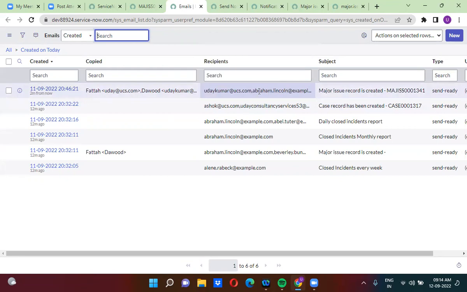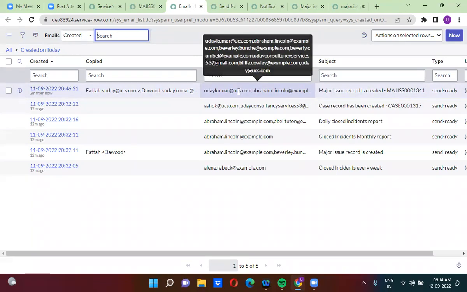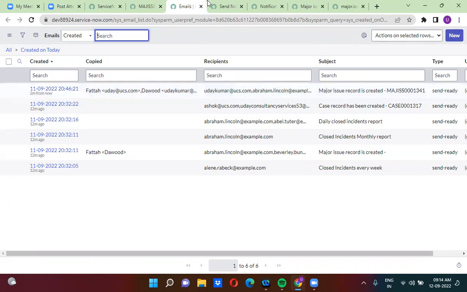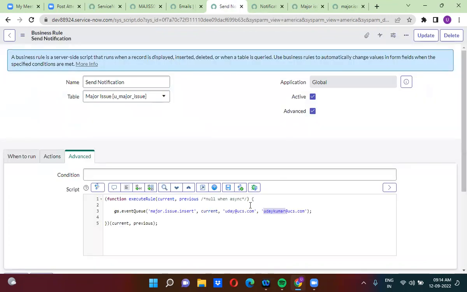Uday Kumar and Uday both have received it. Where did we specify Uday and Uday Kumar? We specified them in the event, which is very, very important, guys. Whenever you have to fire an event, you can use gs.eventQueue, and that will fire the event. Do you guys understand how we